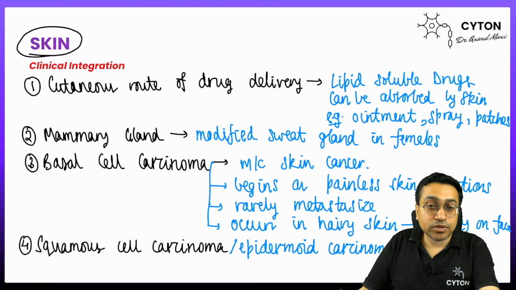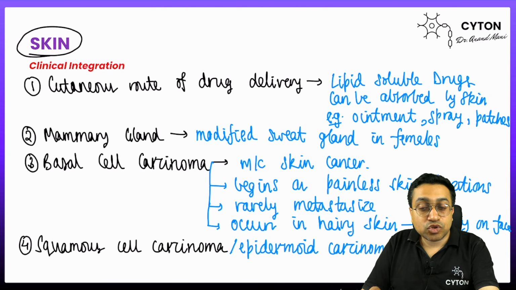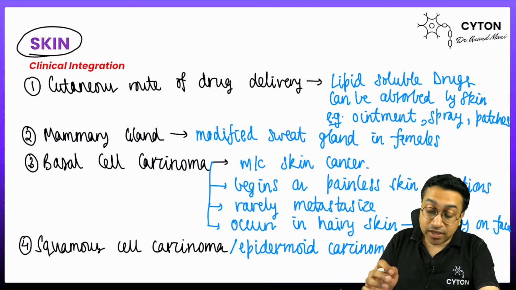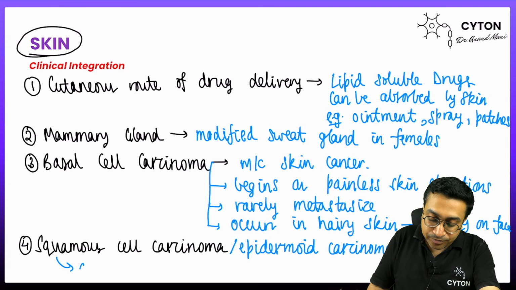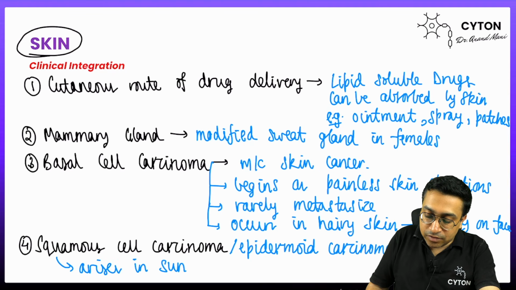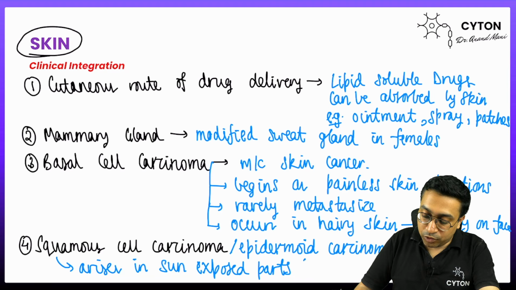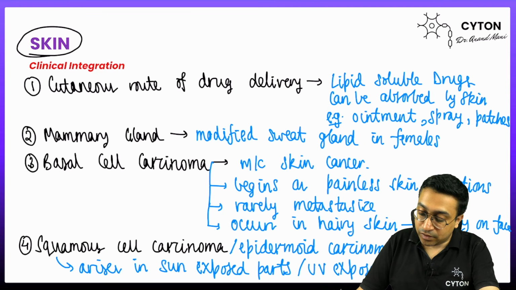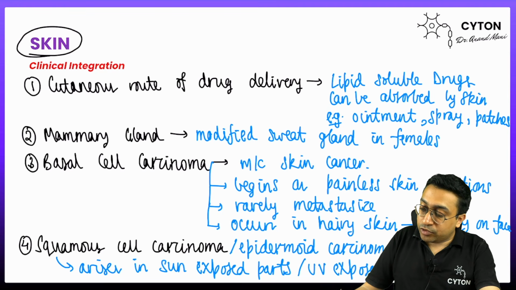This arises from the squamous cells of the skin and part of the respiratory tract, gut also. Squamous cell carcinoma usually arises in the sun exposed parts. Very important. To be more specific, UV exposed, ultraviolet rays of the sun. UV light exposed parts,